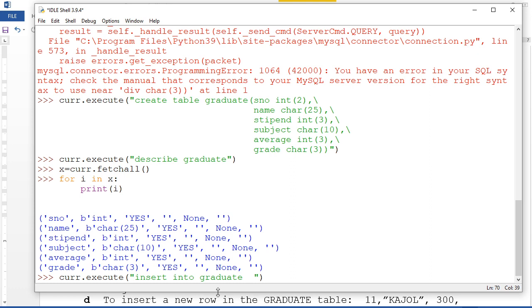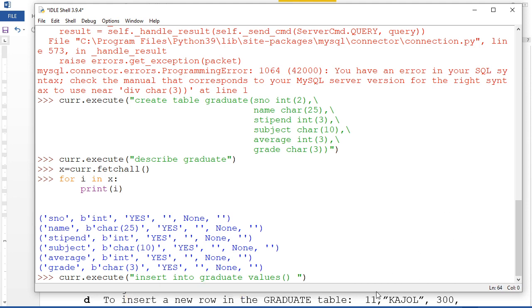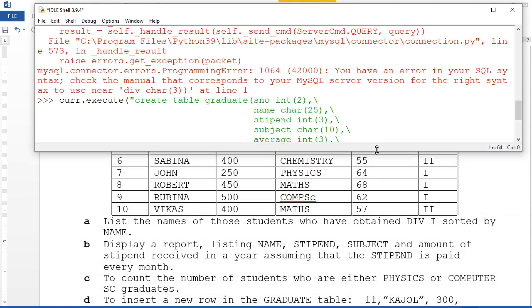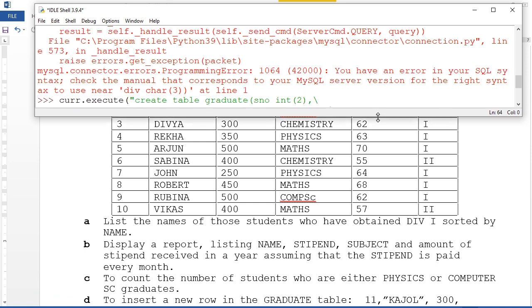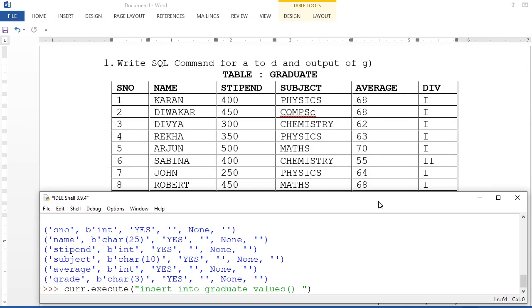Insert into graduate, then I am going to write here values. Then what I am going to write here, values in bracket. I am going to put a bracket. Okay, so values I am going to take from here. For that I am going to make this a little bit bigger. Okay, so I am going to write down.